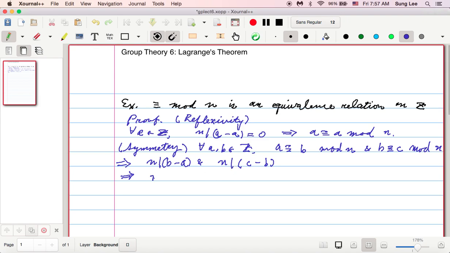So n divides (b minus a) plus (c minus b), which equals, so here, b cancels out, right? And this equals c minus a. So what do we have? n divides c minus a, which means